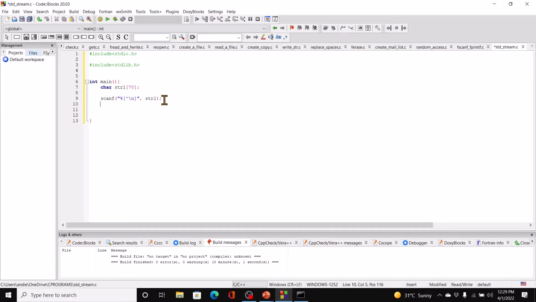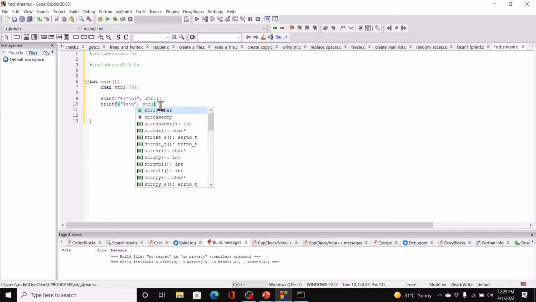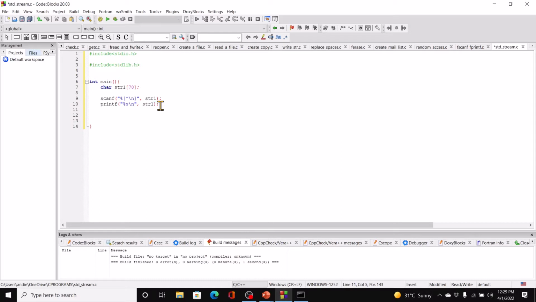Then printf %s \n, comma str1, right? Printf,